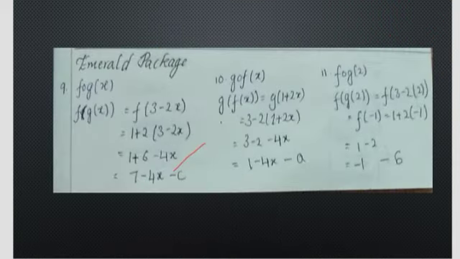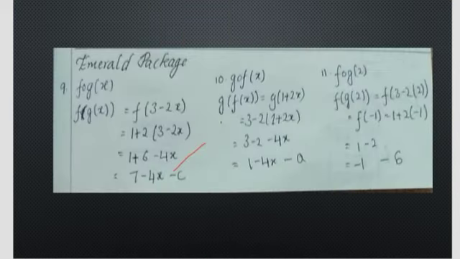Now the 9th question, 9th and 10th and 11th. Okay, I should read the question, right. Then here f of x, f o g x, f o f x, f o g 2, we should find. So it is very simple. f of 3 minus 2x and 1 plus 2, 3 minus 2x, 1 plus, see like that same all we should do.